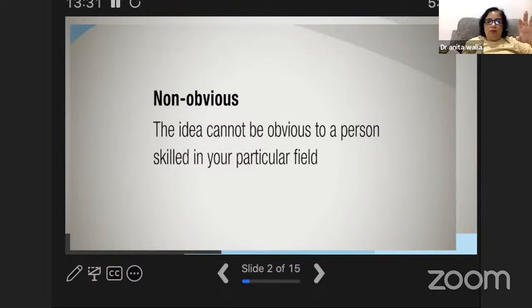Suppose my student said, ma'am, instead of a picker which just holds the ball and you bring it up, if we use a suction cup or a spring or a sticky surface, can it work? So it might not be obvious, but even though they all solve the same problem, they do it in a different way.